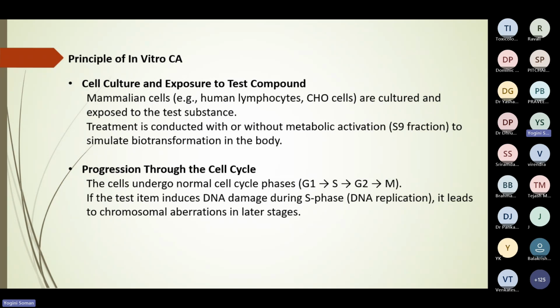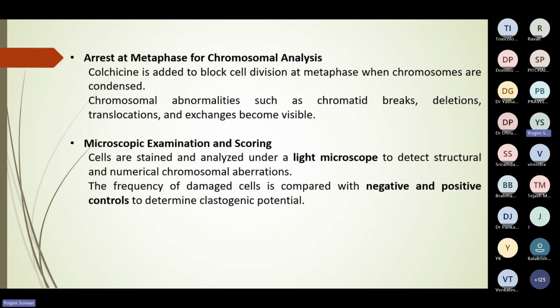Then the cells undergo the normal cell cycle phases. So G1 to S to G2 to M metaphase. If the test item induces DNA damage during the S phase, that is the replication or synthesis phase, it leads to chromosomal aberration in the later stages. So after the incubation, that is 3 hours or 24 hours,